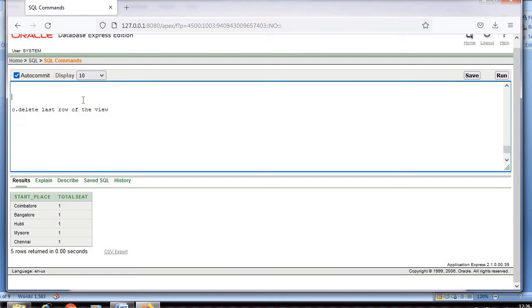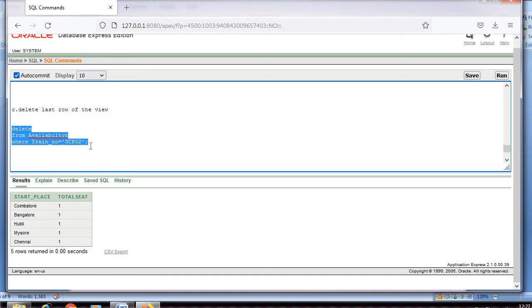How do we delete it? I'll write the query first and then I'll explain it. You just have to remember the train number. If you remember the train number which you inserted last, only that row should be deleted. So delete from availability where train number is GCPS2, which I just inserted, and I'll delete it.